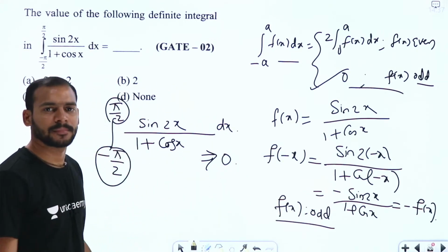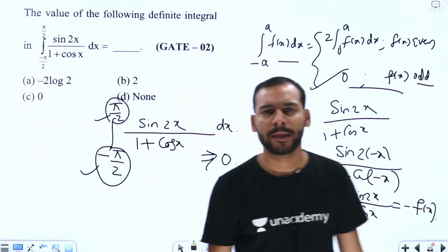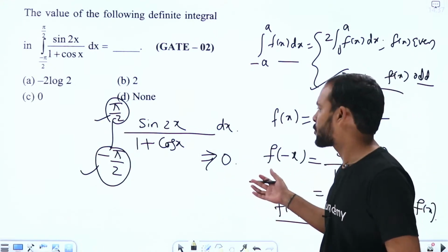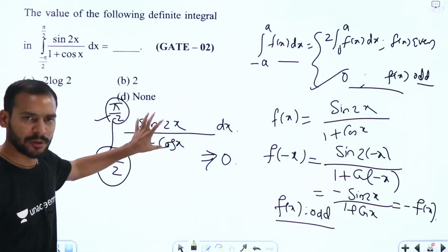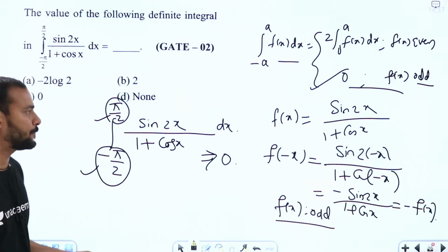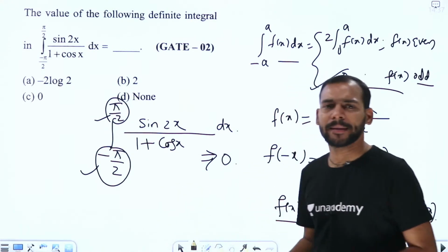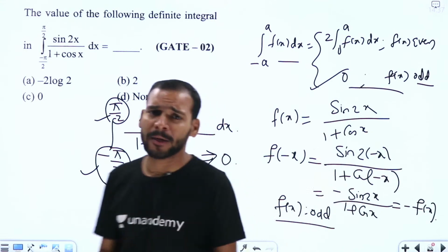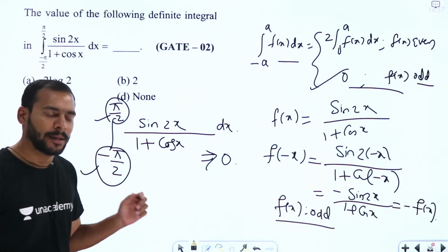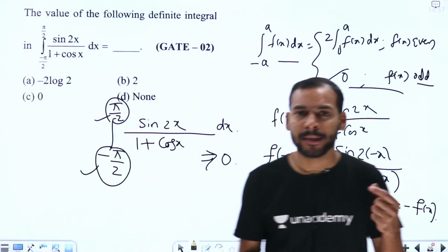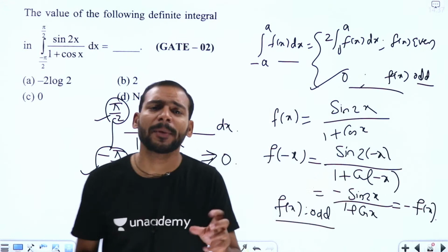So tell me, guys, by applying this property, what is the value that we can give for this one? 0, right? So immediately after seeing limits of the form minus a to plus a, you have to apply this property. Sometimes this property may not hold good. At that time we have to go with the ordinary procedure, like evaluating the integral and then applying the upper limit and lower limit, right? As we are seeing questions related to definite integrals, we can solve and apply it. But in the GATE exam, we are not going to get all the questions related to one topic at one point. So that's why we should be generic while giving the GATE exam. Some people will read some of the properties and formulas thoroughly, and they will try to apply those properties somehow.